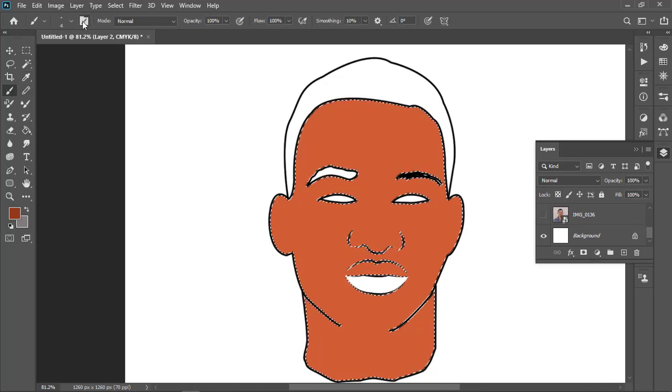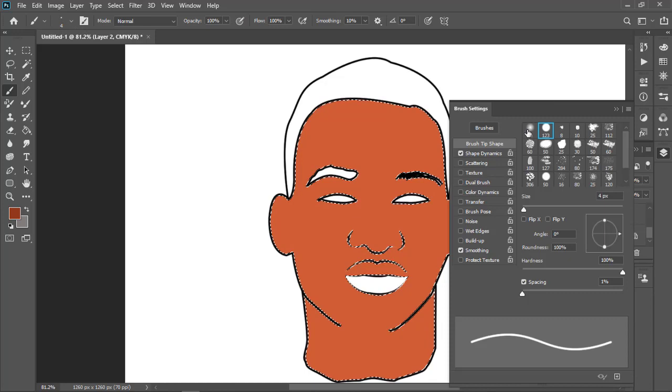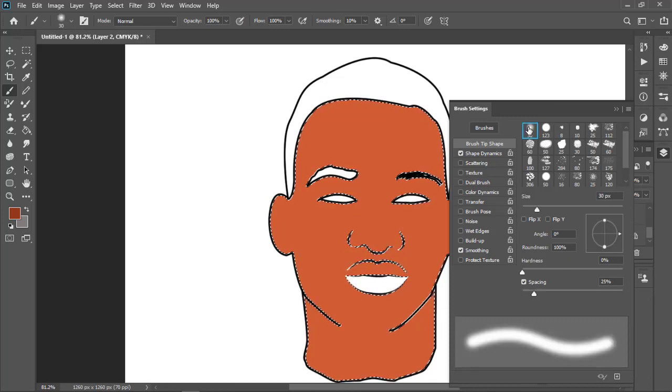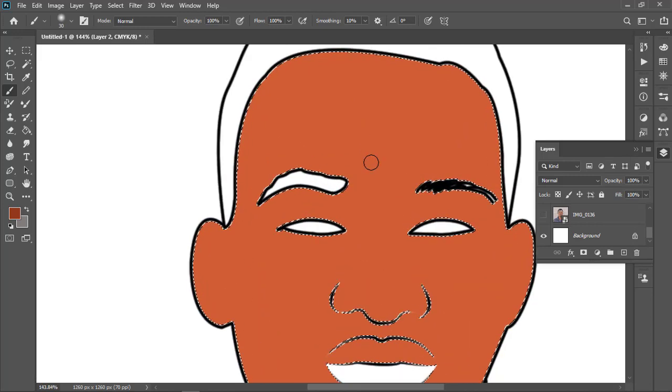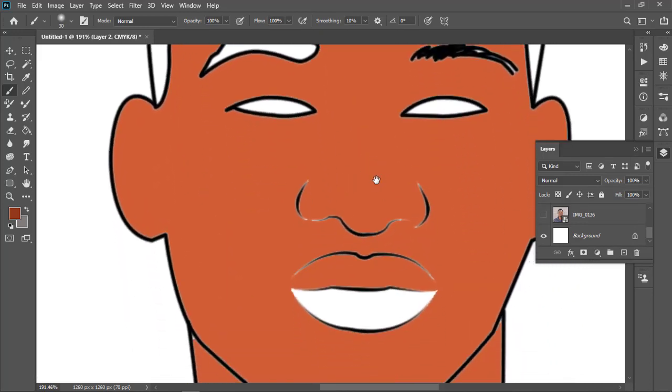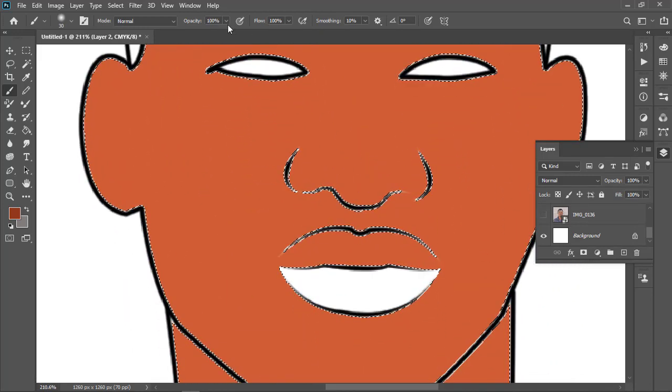Now you are not going to use this solid brush, but you are going to use this first brush. Now you zoom in closely, then this opacity you would want to reduce it to about 12. Okay, let's reduce it to 9.